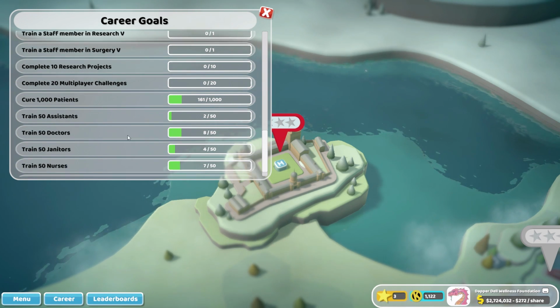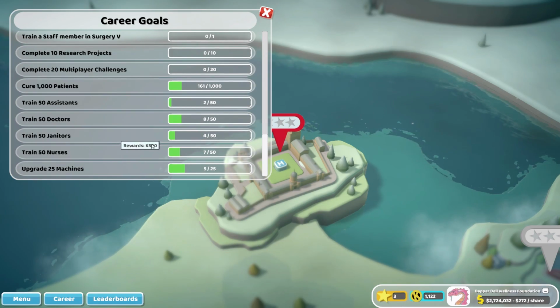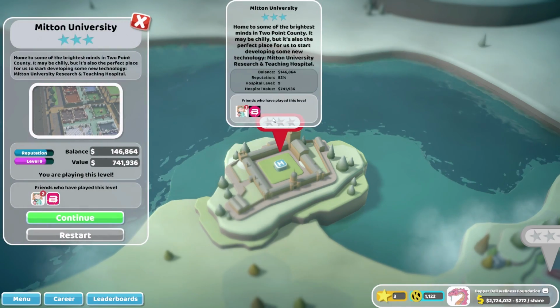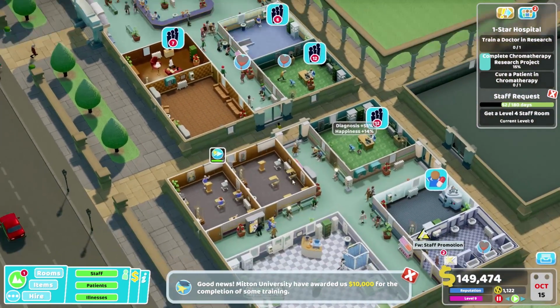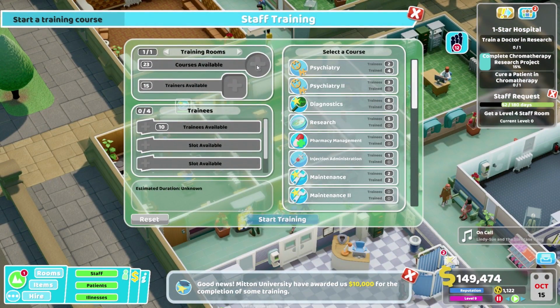Right. Train 50 assistants, 50 doctors, 50 janitors. Yeah, we can do a couple of things here. That shouldn't be too hard. Right, let's continue on. But I fear your underdeveloped vocal abilities would make this quite impossible. I would like to train